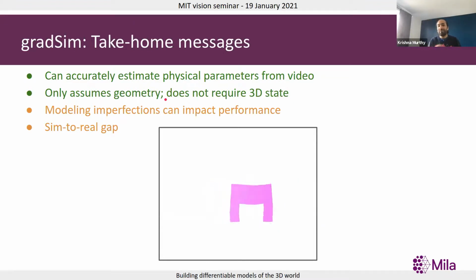So the downside is we don't get to real world videos yet. We're still operating in simulation, as you largely see here. So the sim to real gap needs to be overcome. And the other key point here is, as someone said, all models are wrong, but some are useful. So modeling imperfections can really impact your performance. So this is a bit of a trade-off on how much do you handcraft and how much do you learn. And in case of a differentiable simulator, it's as though you're handcrafting a lot of things in the system.